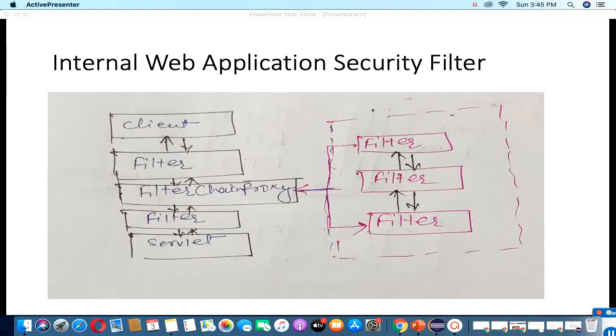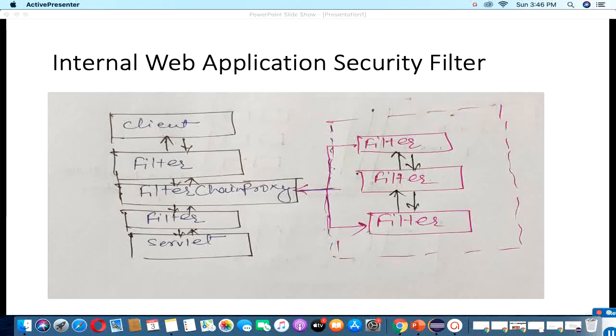So the next process: the filter chain proxy sends all the requests to the relevant filters. For example, if we have a multi-layer application with user and admin levels, and every level has different roles and responsibilities, then the security filter checks what kind of credential it is and what the role is.